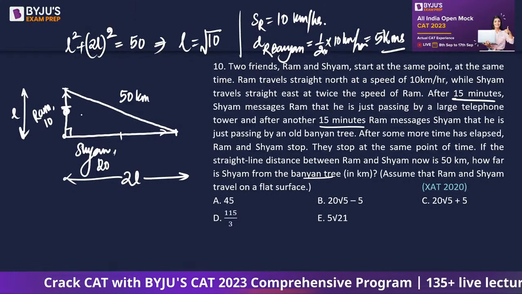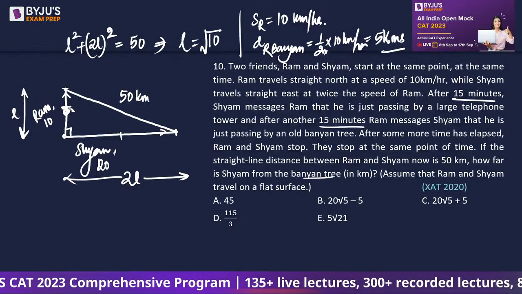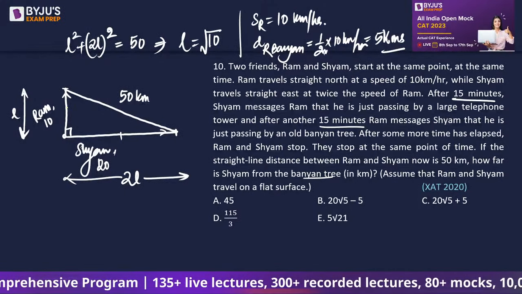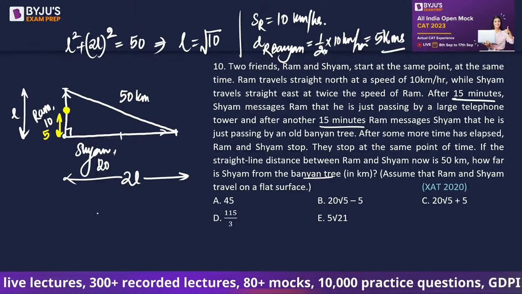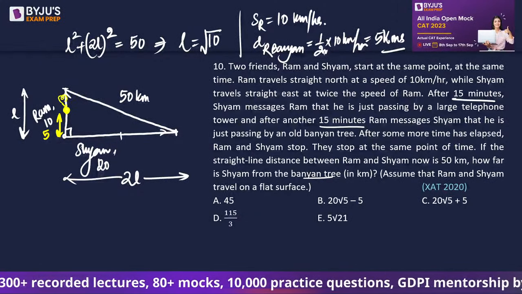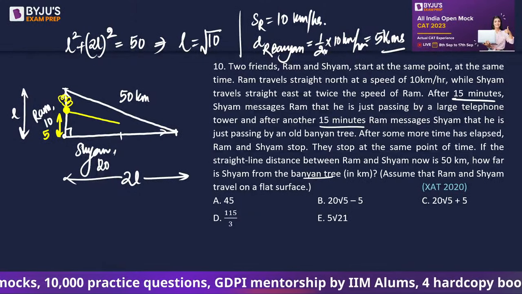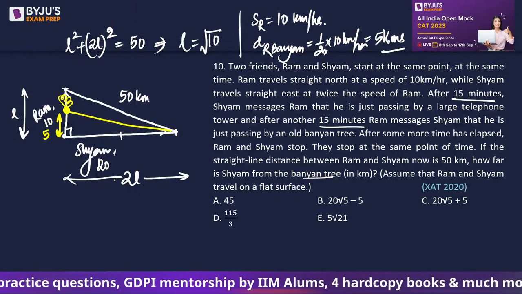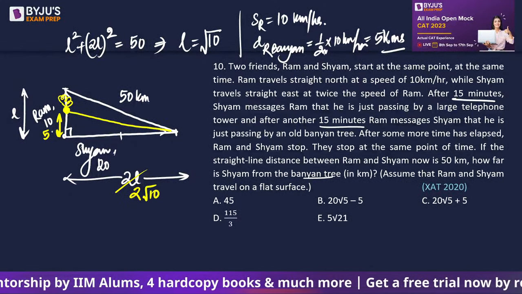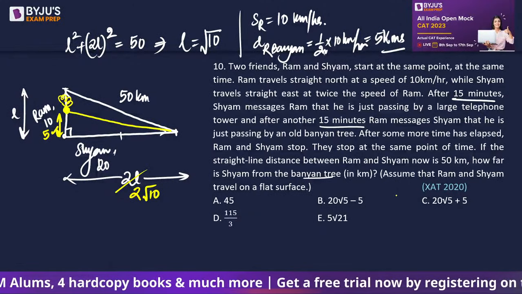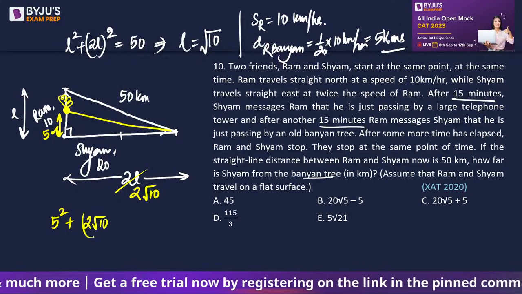So 5 kilometers. 10 kilometers is the total route distance. ये 5 kilometers पे जाके banyan tree है इधर. So this is where the banyan tree is. Now the question is, how far is Shyam from the banyan tree? So again we will have to use Pythagoras theorem, where one side is 2 under root 10, one side is 5, और आपको hypotenuse निकालना है, which will result in 5 square plus 2 under root 10 whole square का